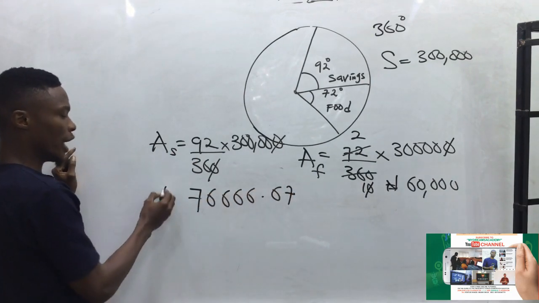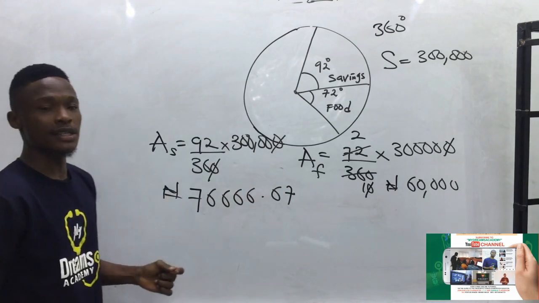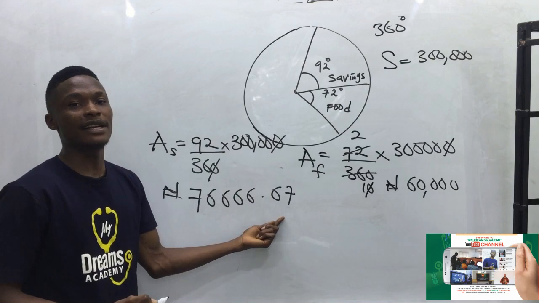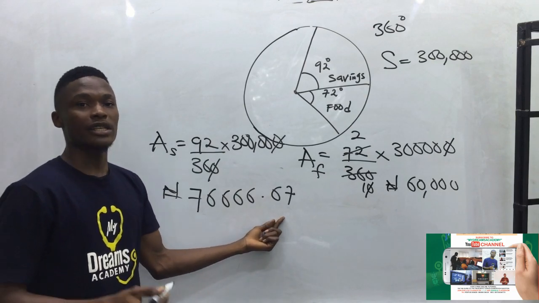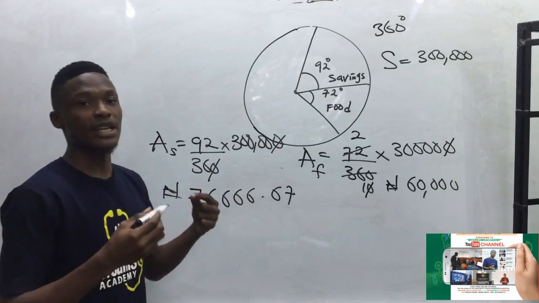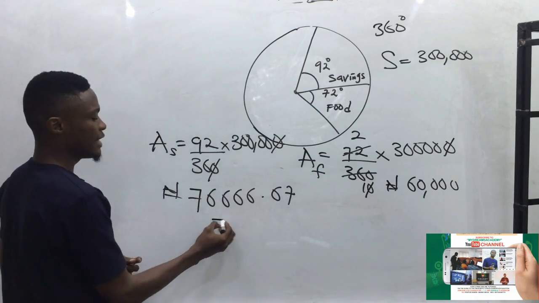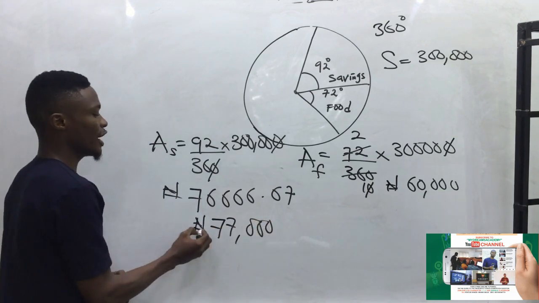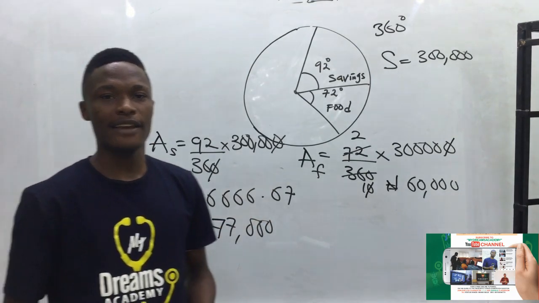76,666.67 naira. But if you look at the options, there is nothing like this. Our closest answer is 77,000. And because it is 77,000, it means that this number was approximated to the nearest thousand. And that gives us 77,000 naira. So the amount which he saved is